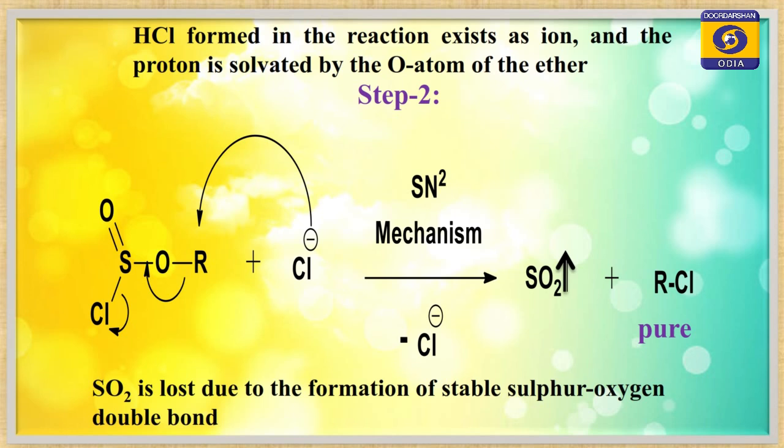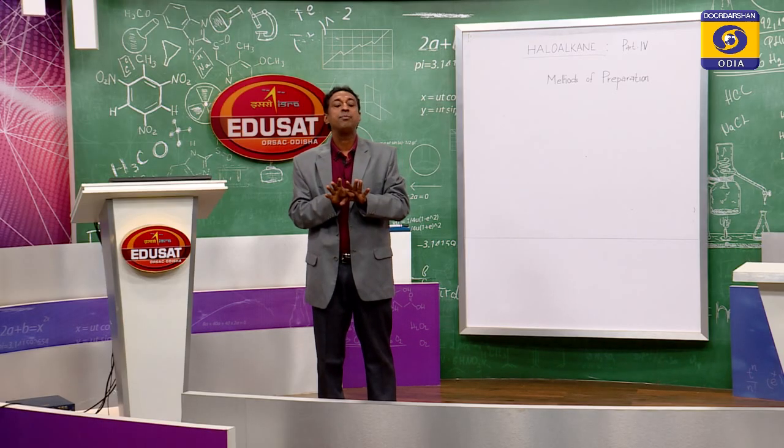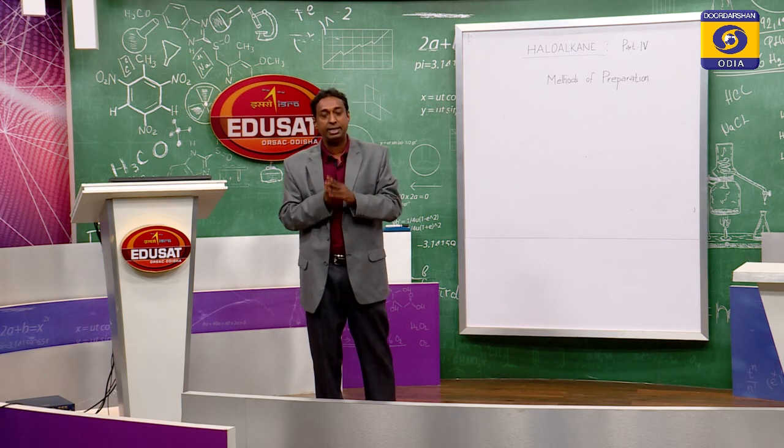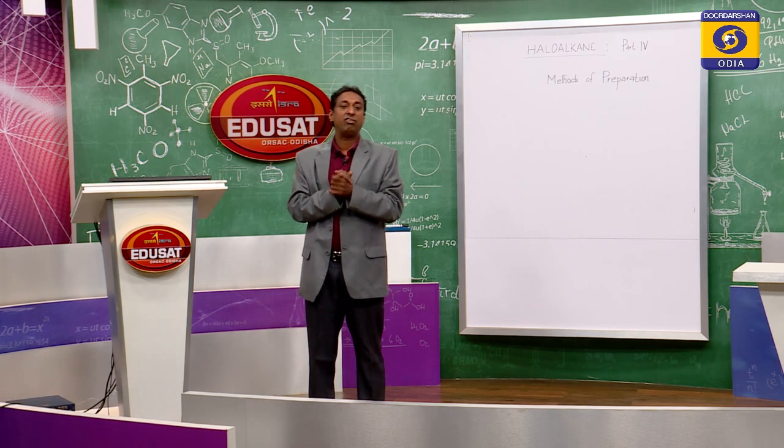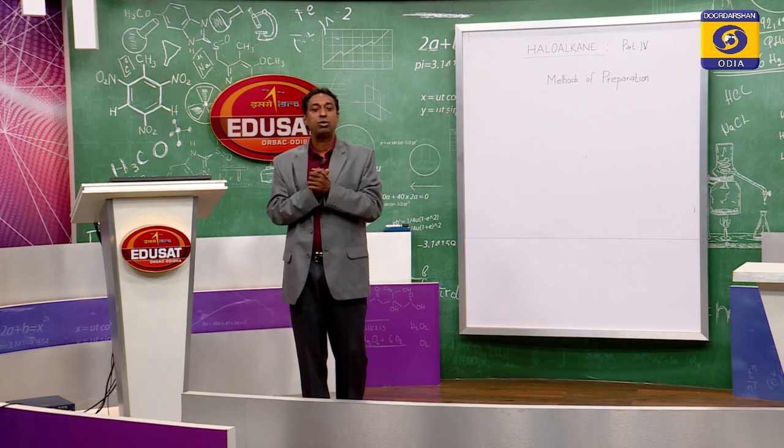This is the best method till now of what I have discussed, because the byproduct SO2 is a gas, and hydrochloric acid is also a gas, or if you are using any solvent then it is in the solvated form. So, the preparation of alkyl halide is in the purest form, and Darzens' method is used to prepare a very pure alkyl chloride.